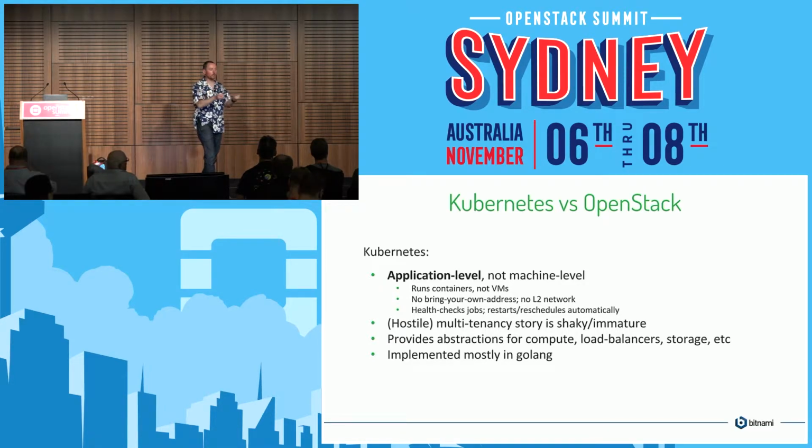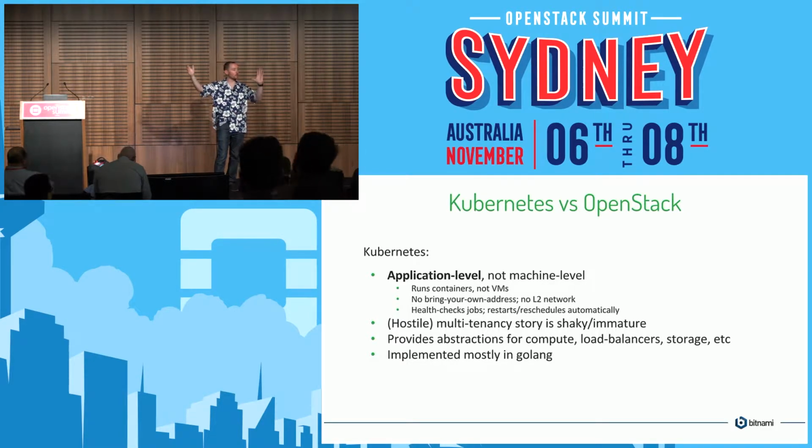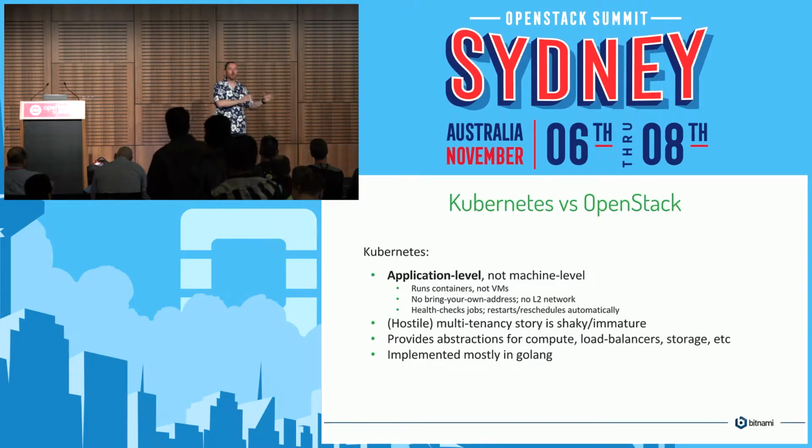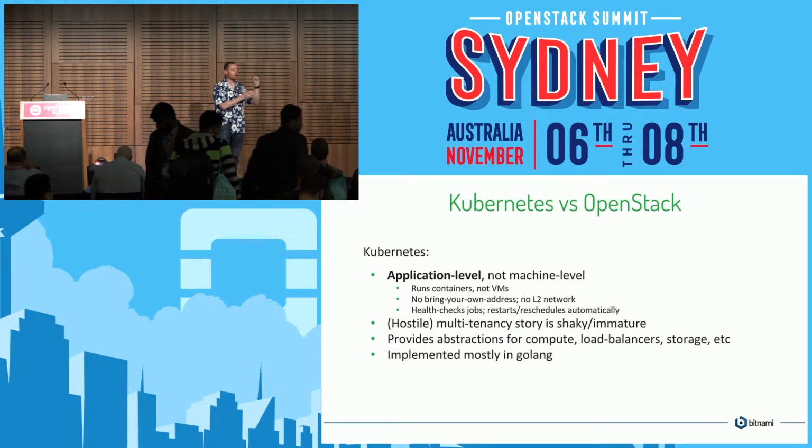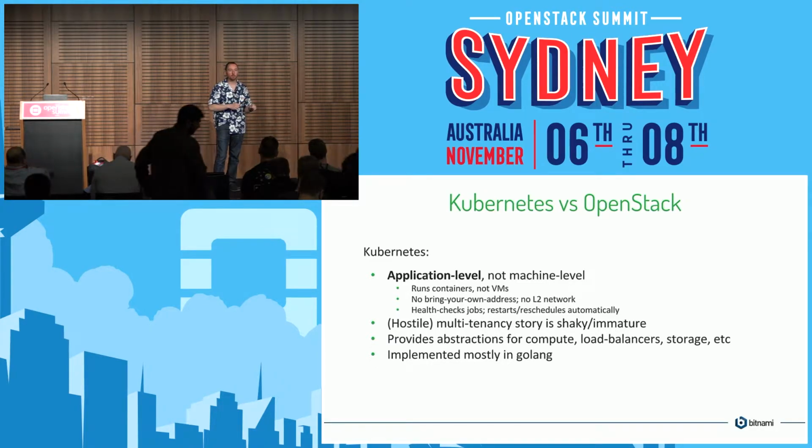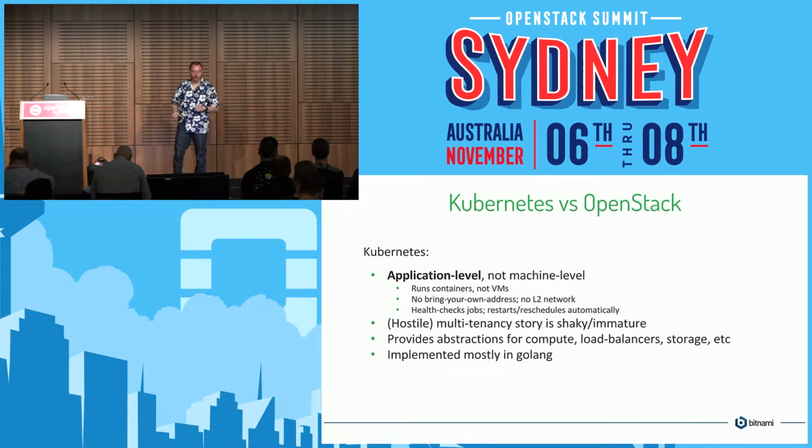Also, because you're telling Kubernetes what it is you want to run, you can also tell it application-level concerns, like health checking. How should I know if I'm running correctly? How should I know if I've deadlocked or crashed, and so it's time to restart me? On OpenStack, the cloud doesn't know these things because all it knows is it's running a machine. On Kubernetes, you know you're running an application. You know what port it's listening on. You know what URL, or what HTTP query, you should send to that port to see if it's running. You know when that process exits. You know if it exits 0 or non-zero. So you can do a lot more application-level things about when to restart and whether I'm healthy right now.